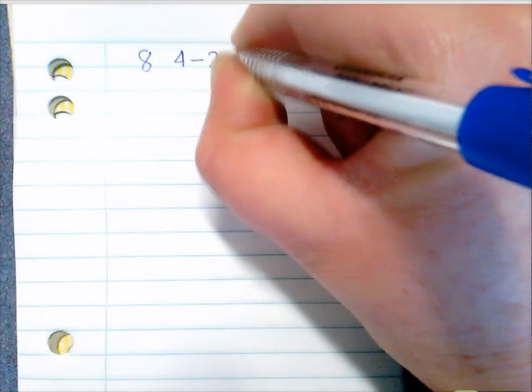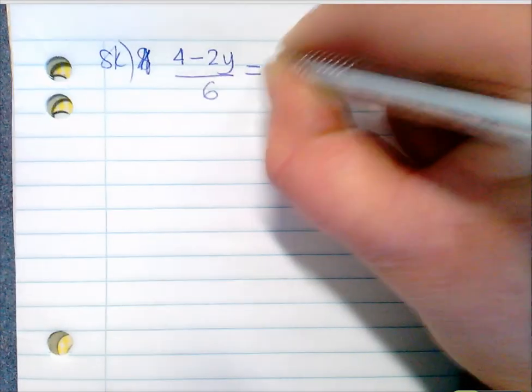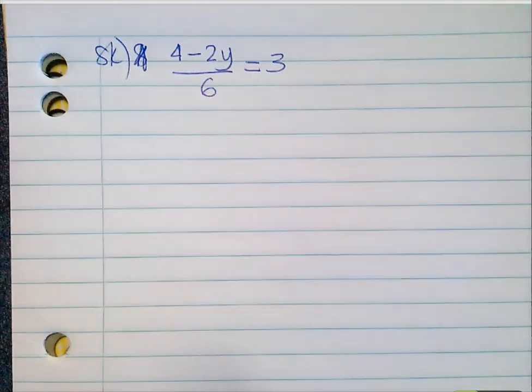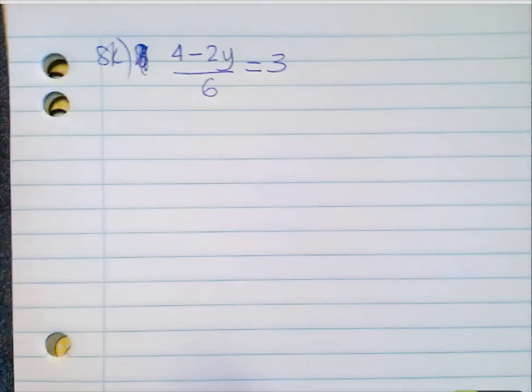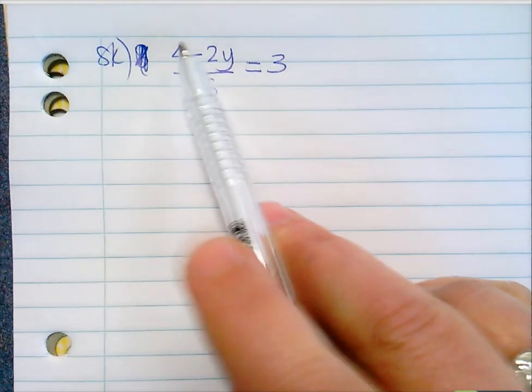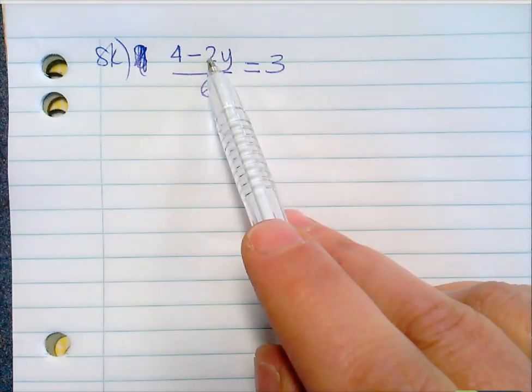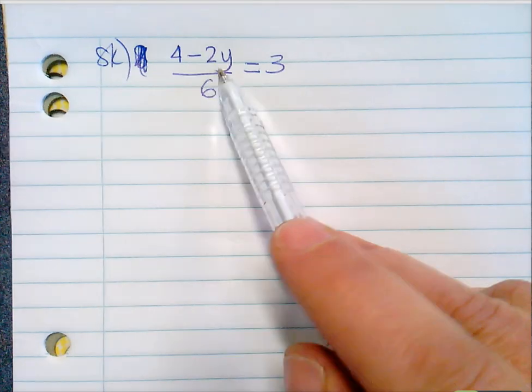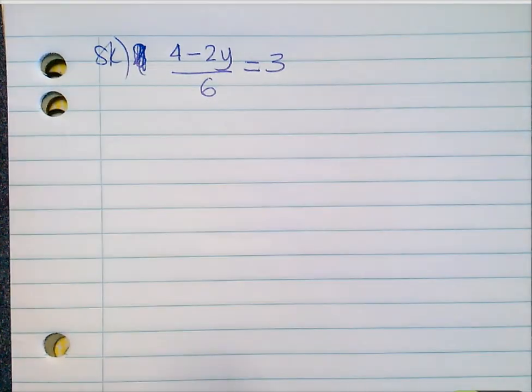All right, one more to question 8. 4 minus 2y over 6 equals k. Let's read it. 4 minus, or take away 2y, divide by 6. Girls, the denominator's got to go. I didn't get rid of the denominators in the others because